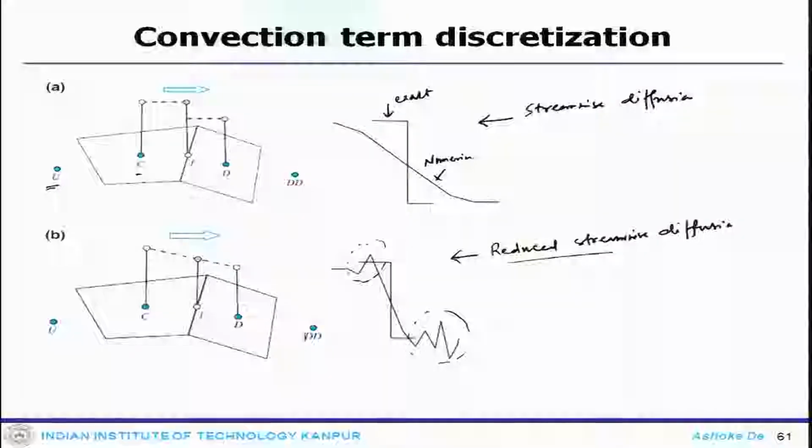Now, this error, when you use higher order profiles to reduce the streamwise diffusion, is also called the dispersion error. Dispersion error shows this kind of small oscillation in the solution, and this is because of the presence of large gradients, which renders the solution unbounded. Now, if you have this higher order profile, then you get this kind of thing.